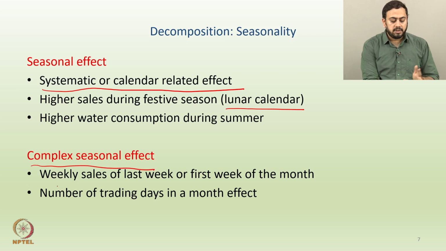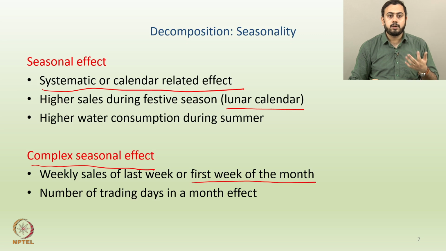We'll take up some examples. The first example is weekly sales during the last week of a month or during the first week of the month. Now, think of this example for a minute in your head and then try to understand why this seasonality would be slightly complex to analyze. Okay. So, what happens in the first week of the month? Due to the release of all the salaries, the income of all the paid workers that we have in India, people tend to spend more during the first week of the month, and similarly during the last week of the month, people don't tend to spend that much due to, let's say, some financial constraints and so on and so forth, right?